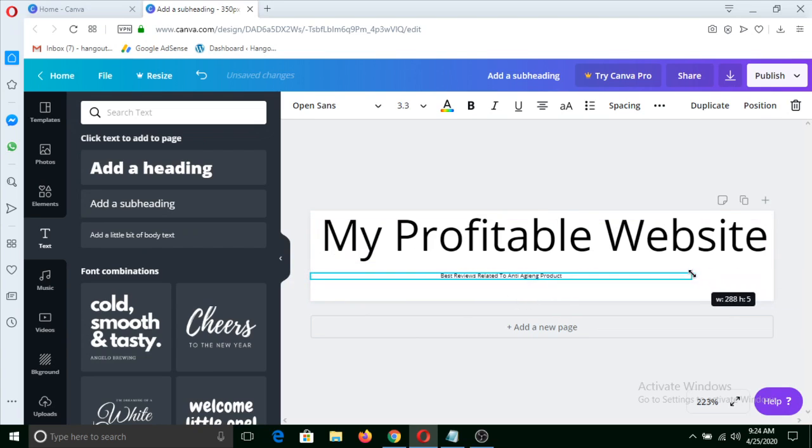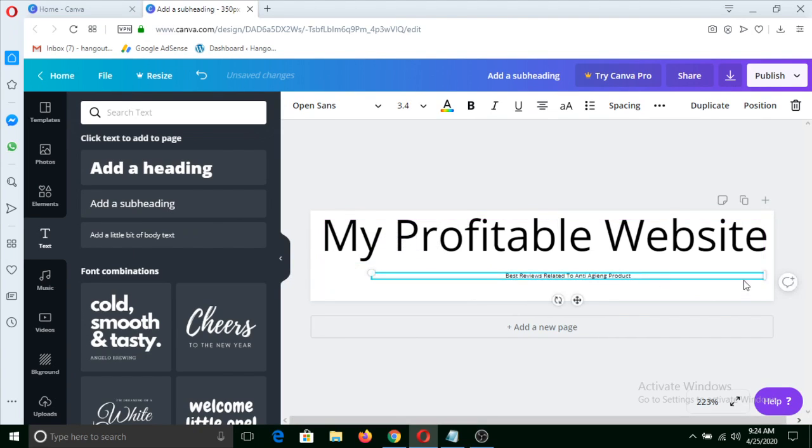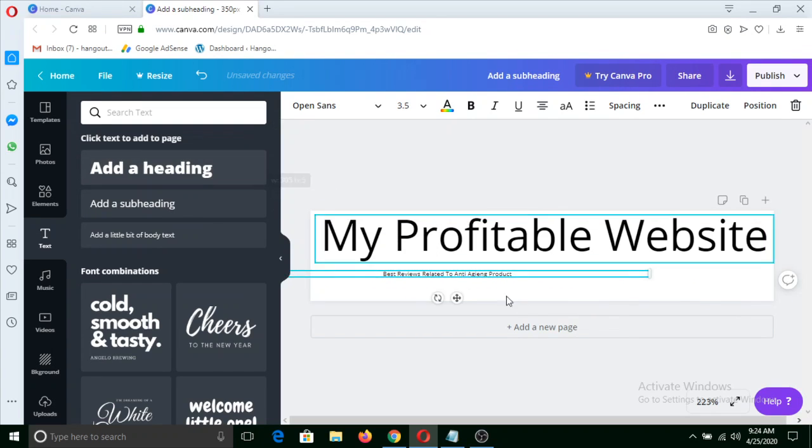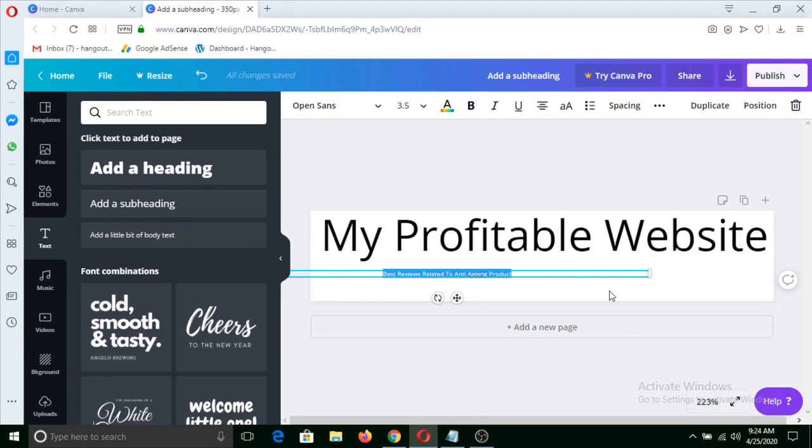I can simply increase the text length, text height. So this seems to be a little bit small. I'll copy this. If this thing happens, I'll just click on copy and click it here and press delete.